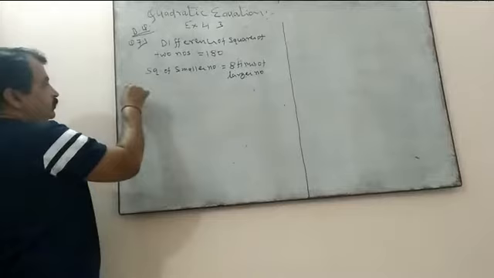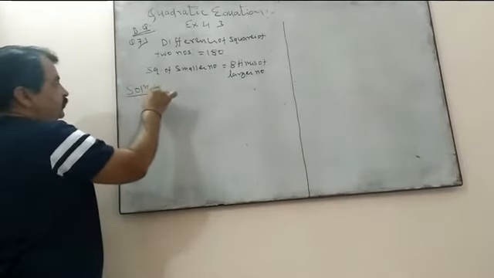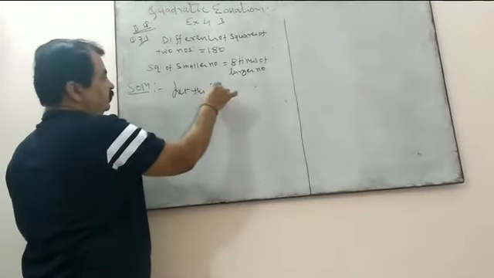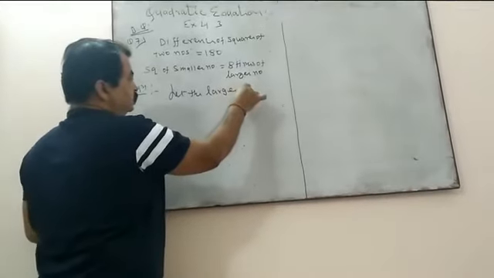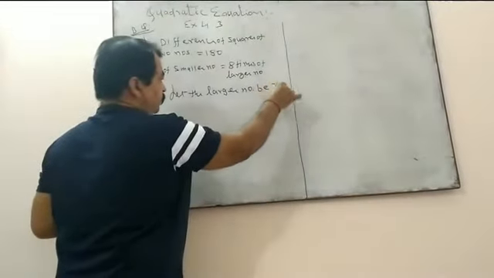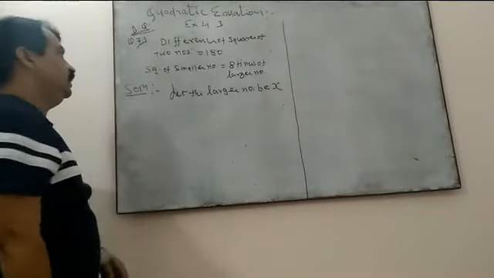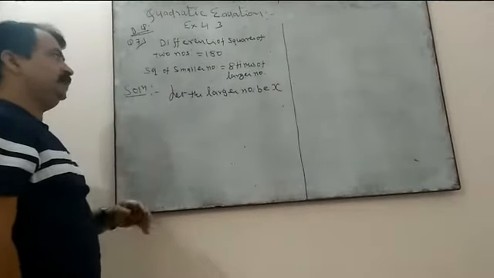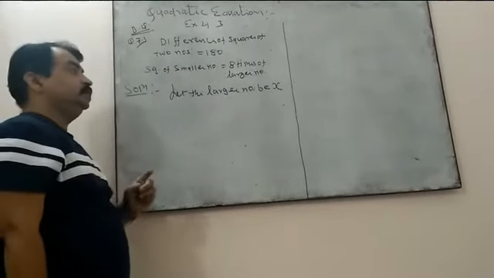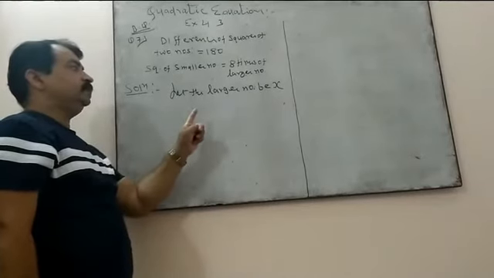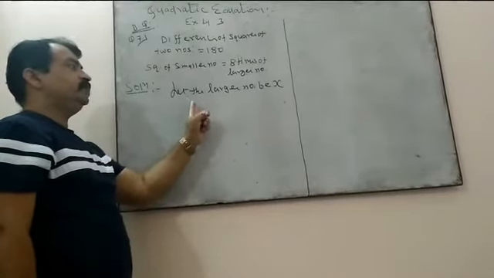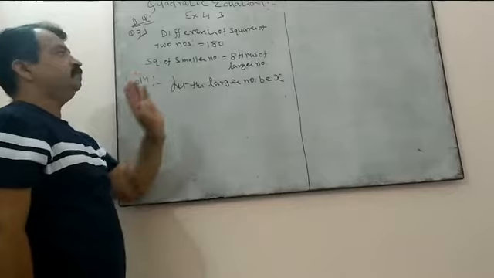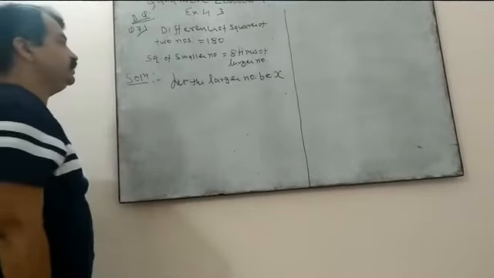So let's do the solution part, that is the drafting of the question. Let the larger number be x, and if you want for your support, you can assume the smaller number also by taking another variable. Of course, here we are working with a quadratic equation, which is always in one variable, right? But for our support, we can assume another variable also, and that will then be converted into a single variable.